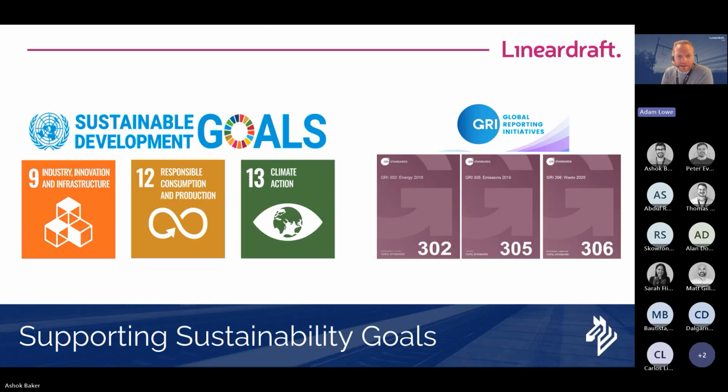Our current case studies show just how impactful this can be. Furthermore, Lineardraft aligns with the United Nations Sustainable Development Goals, notably number 9 for industry, innovation and infrastructure, number 12 for responsible consumption and production, and 13 climate action, whilst also aligning with leading ESG frameworks such as SASB, the Sustainability Accounting Standards Board, and the GRI, the Global Reporting Initiative, notably GRI 302 for energy, 305 for emissions, and